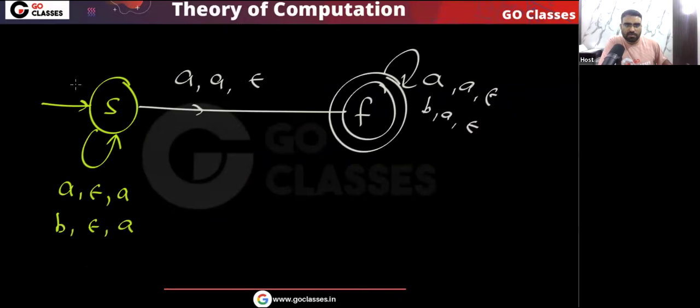So this is your language. Remember, our language of the PDA, for this PDA, let's call it PDA P. What will be the language? That language will be like this: somewhere there is A. Okay. Somewhere there is A.